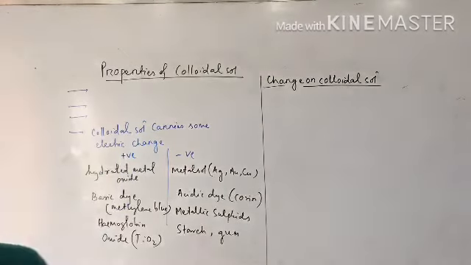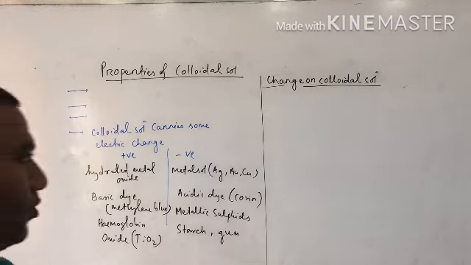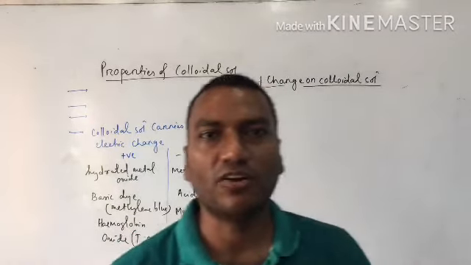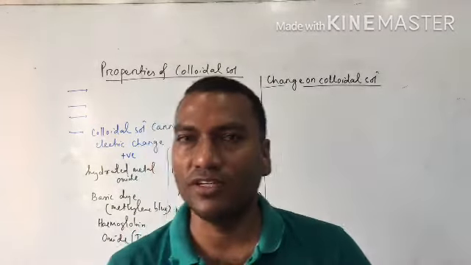Then next, in a colloidal solution, it is not possible to see the colloidal particle with the naked eye, or even with the help of a microscope; the particles are not visible. Colloidal particles show some colligative properties. Similarly, when a beam of light ray passes through the colloidal solution, yes or no, the path of the colloidal solution becomes bright. You know, this is called Tyndall effect.